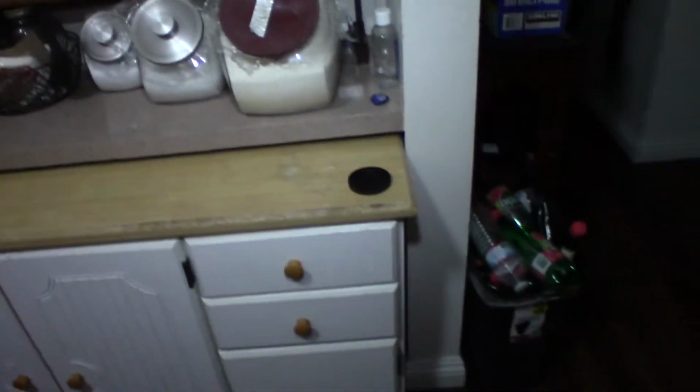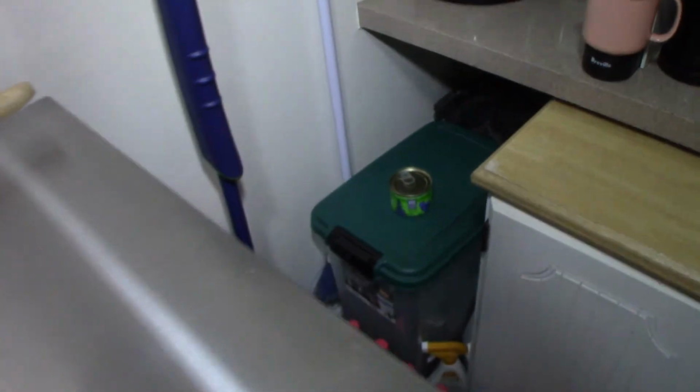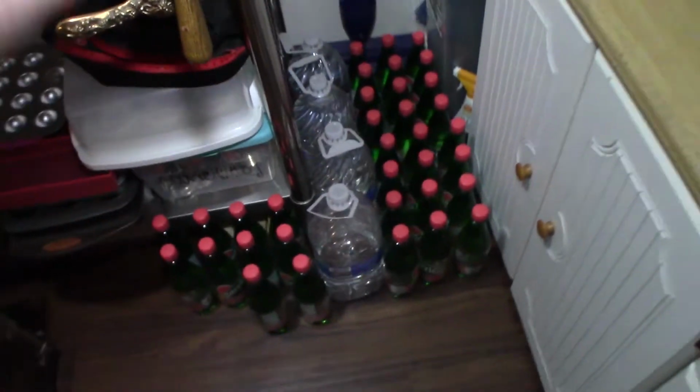And then this is kind of funky here. We have our dog food and all the dog stuff stored in that little corner in bins. His leashes, everything like that is all behind there. And then our mop, our broom, easy to access. Waters. It's a little bit messy, but...